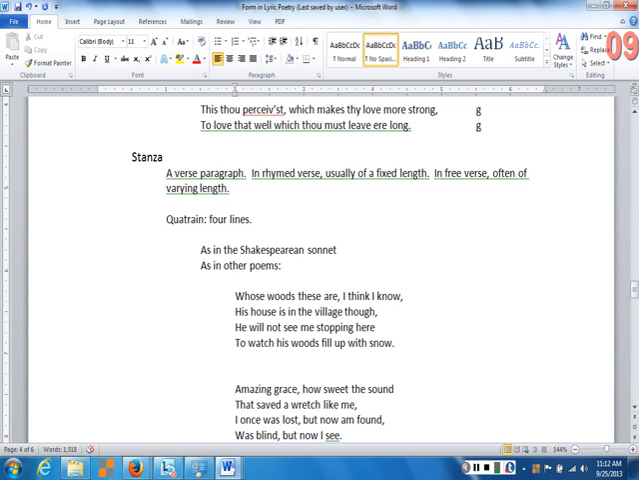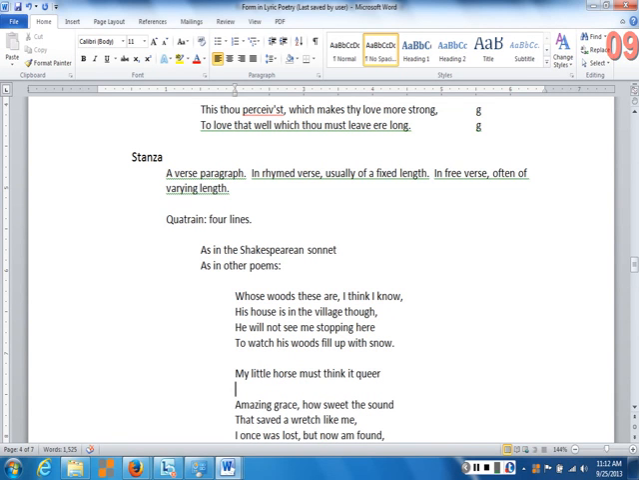Now, how does the poem continue? "My little horse must think it queer." Now, by the way, the word queer there does not mean gay, okay? This is queer in the other sense of odd or strange. "To stop without a farm-house near,"